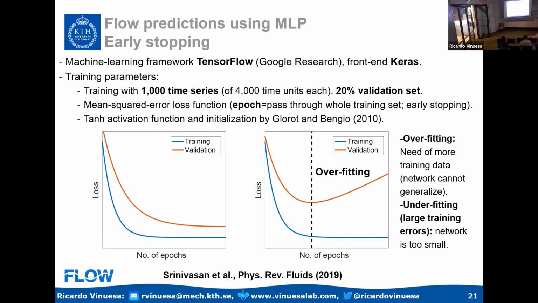Another possible problem during training is underfitting, and that's if this curve is very high. That means that my network is too small to fit the data. I don't have enough coefficients, enough parameters to fit my data, and the loss is very high. Even if it goes down with training, it remains very high. Okay, so playing with the possible problems of overfitting and underfitting, I can try to define the parameters of my